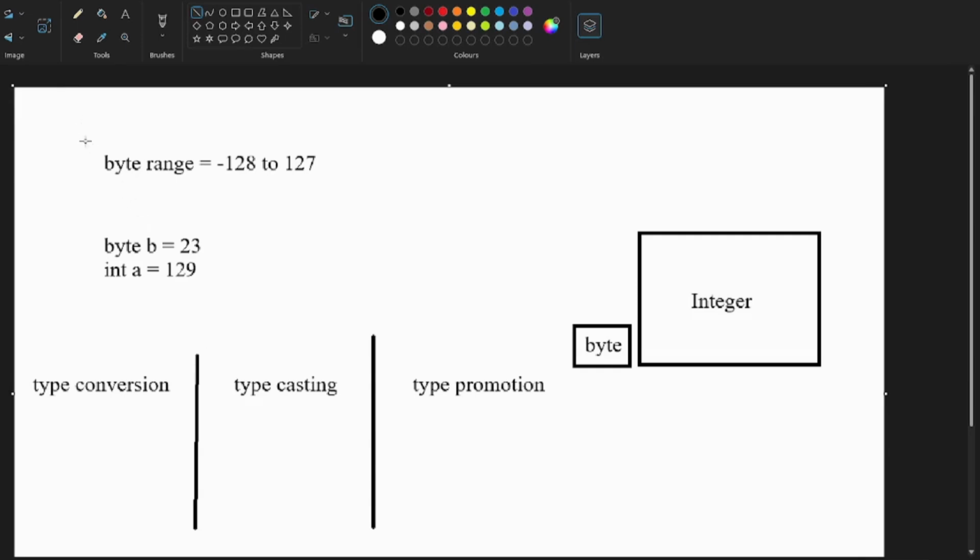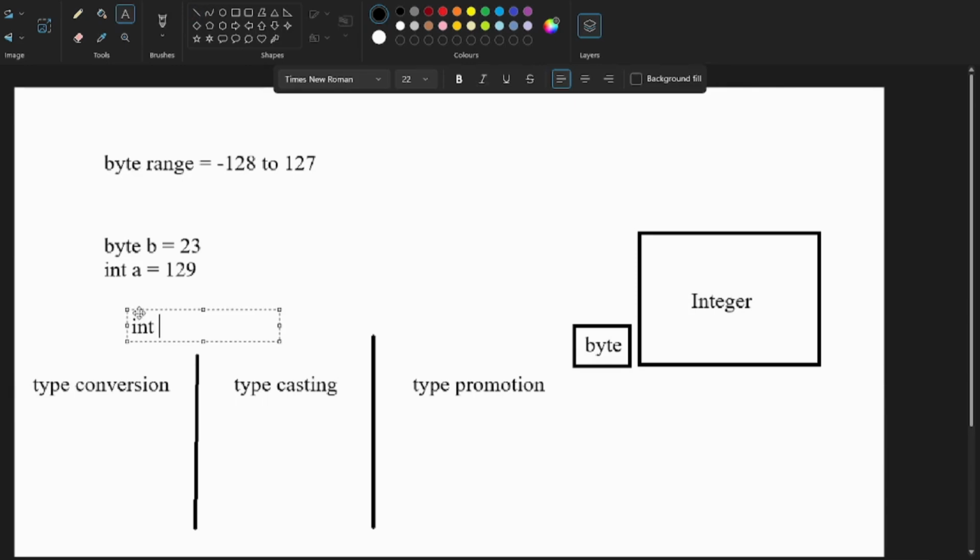As we know, the byte range is from -128 to 127, so the value of a byte can only be between these two numbers. So here we have byte b as 23 and int a as 129. Now if I directly, that is implicitly, give it as int a is equal to b, then if I print